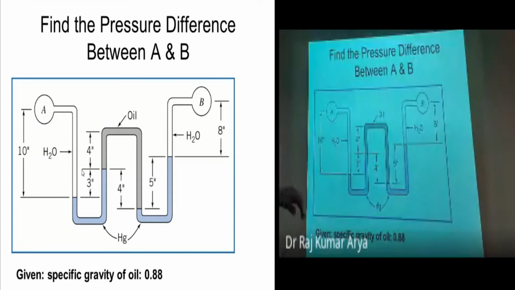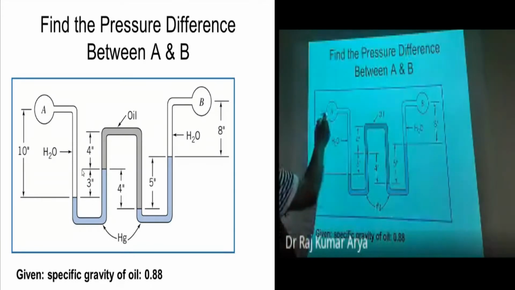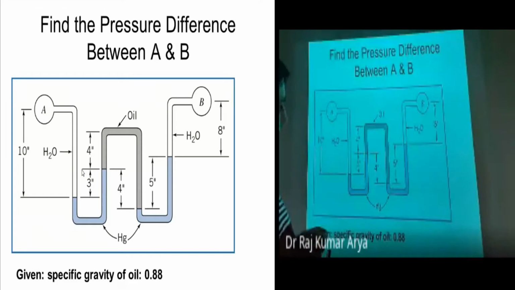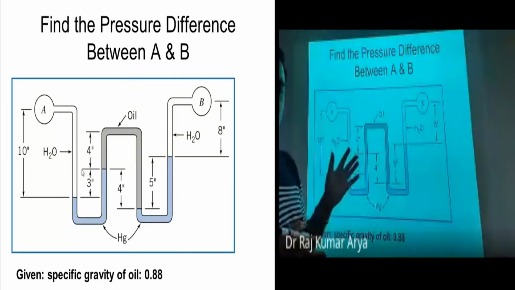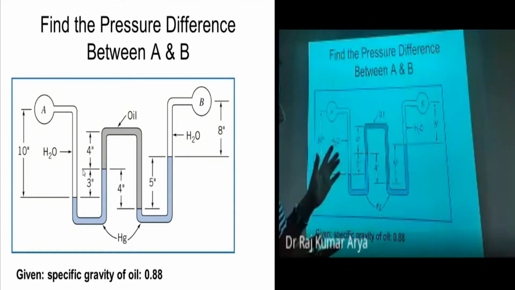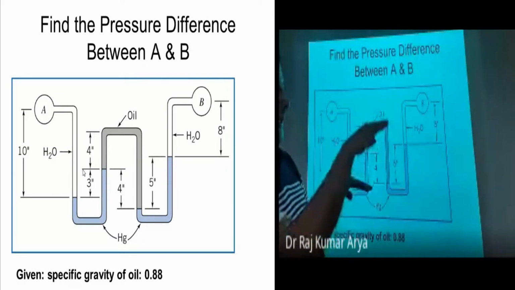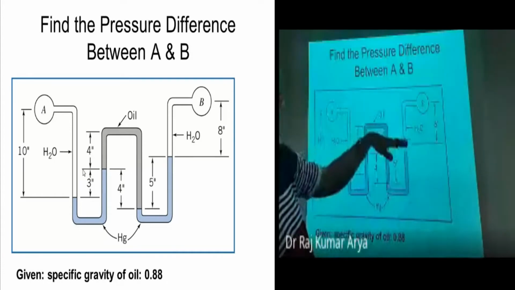So what we have here, you have the two actually pipelines, one at point A, this one, another one is point B. You have the two pipelines, fine. In that you are primarily focusing just to find the pressures and the differences between two. And these two could be of different elevations. One pipeline could be here, another one could be here. So these may not be on the same horizontal plane.